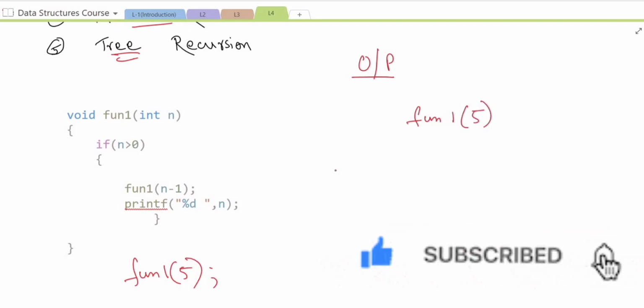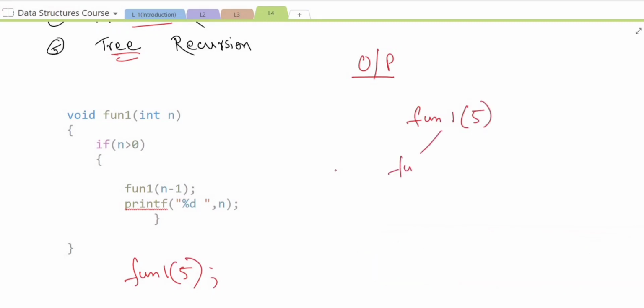So fun1 is first passed with value 5. Then if 5 is greater than 0, yes, then fun1 is called with value 1 less than its previous value, that is 4. And there is another statement, printf, printing the value of n. This statement will execute at the returning time. First fun1 with value 4 will execute, then at the returning time this value will be printed. Then for fun1 with 4, is 4 greater than 0, yes, then fun1 is called with value 3, and